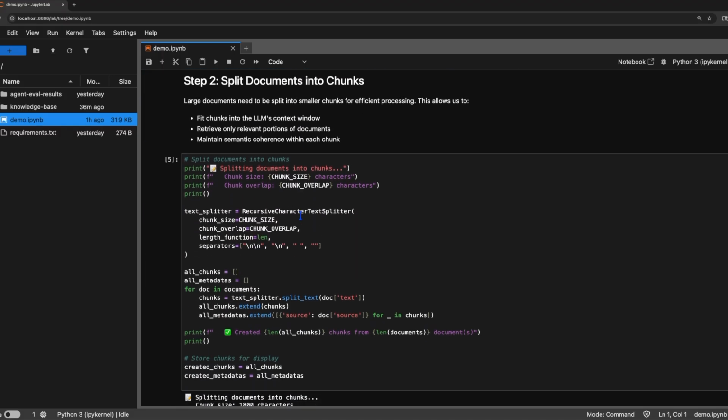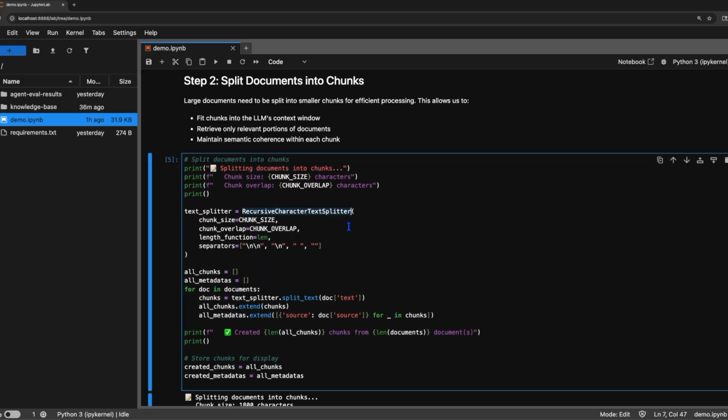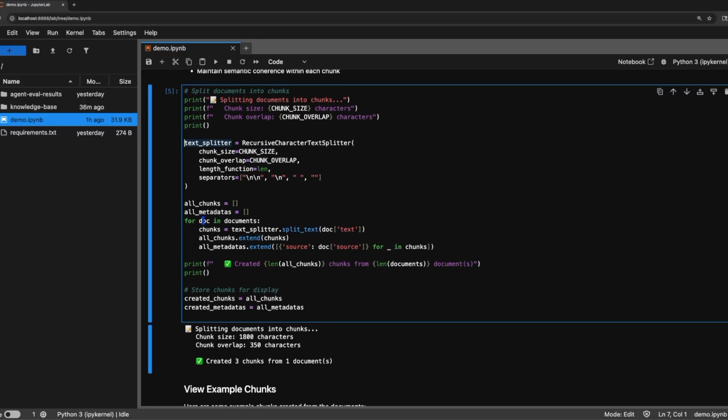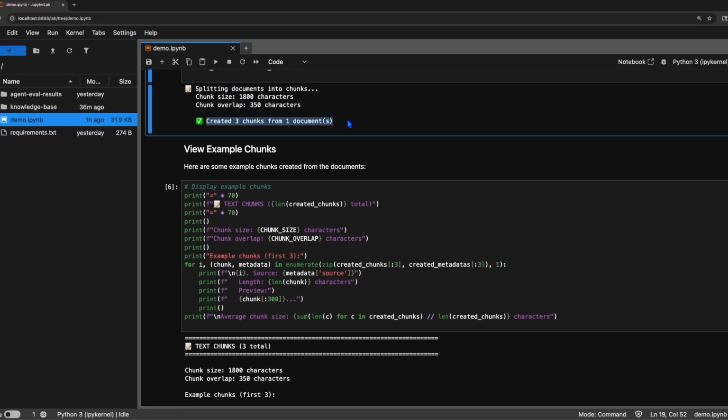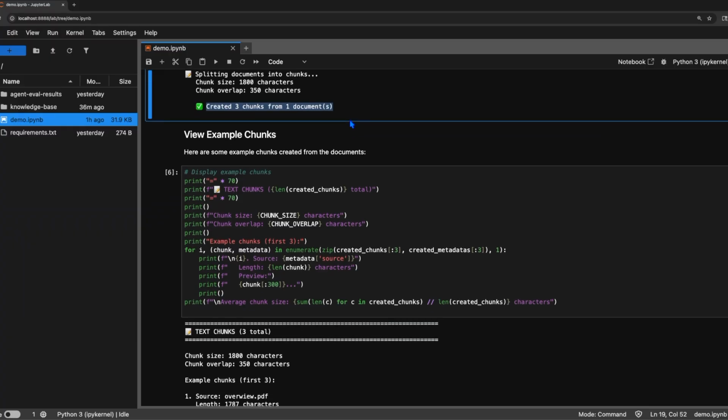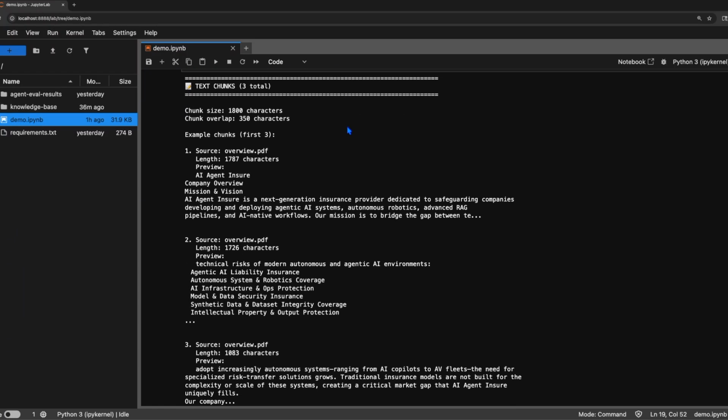The next step is to split the document into chunks, for which we'll use the recursive character text splitter, passing the chunk size and overlap declared above and setting the result as an instance of the text splitter. Then for each document in documents, we'll call split text on the document's text and store it in chunks. Then we'll extend all chunks, giving it the current chunks, and then extend the metadata specifying the source of the document. And we see we've created 3 chunks from our one PDF file. Here we can view the chunks,